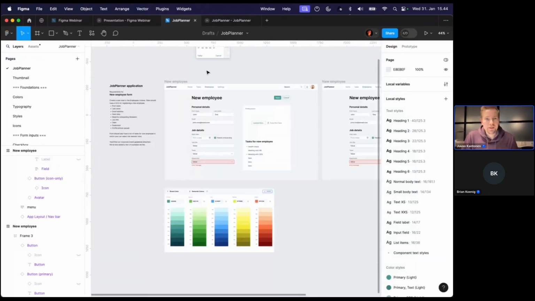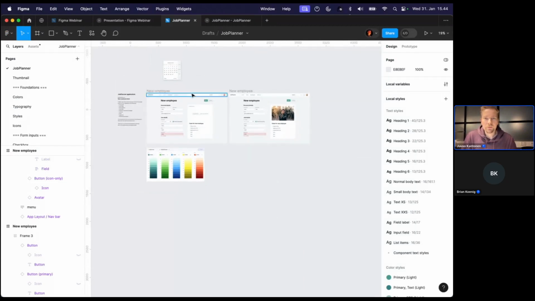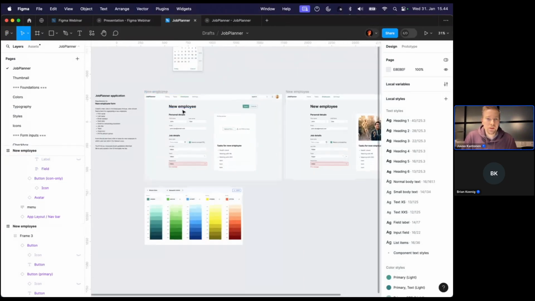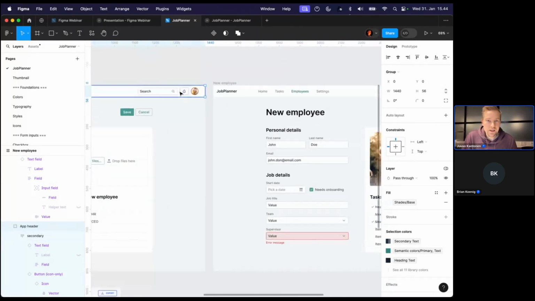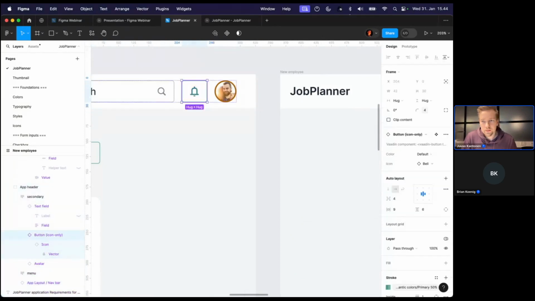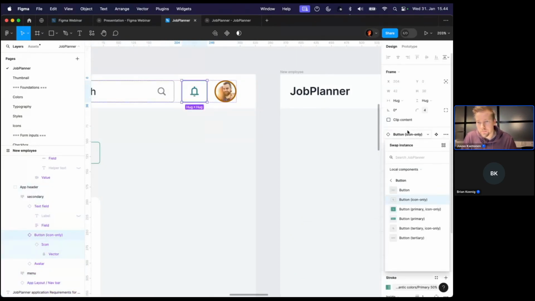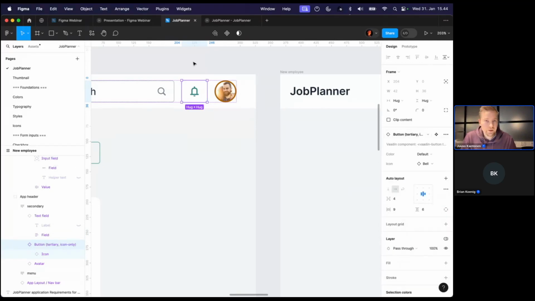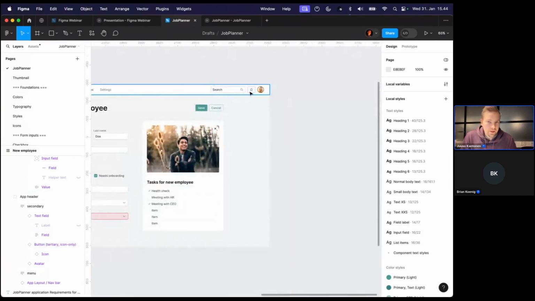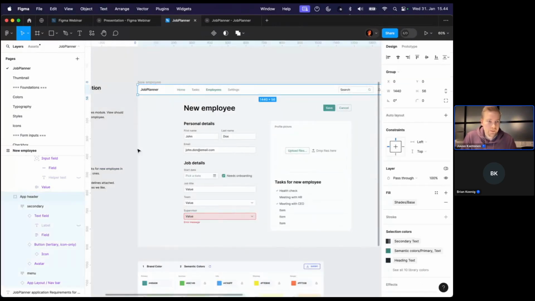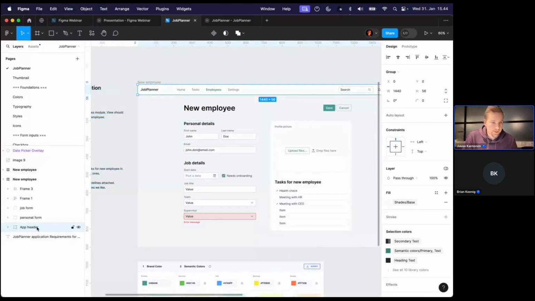The more complex the file grows, the more views you're going to be having. One useful trick is to create your own components. So, for example, the app header. If you now make a change to this app header in one of our frames, let's say that this is going to be a tertiary button, so it doesn't have a border. The other frames won't be updated, but if we define that this app header group is a component,